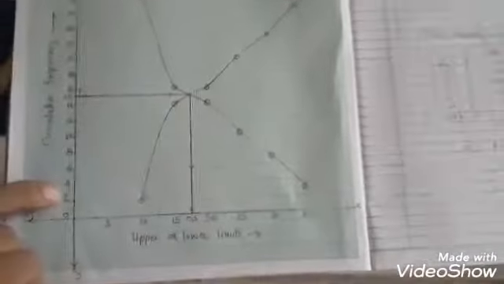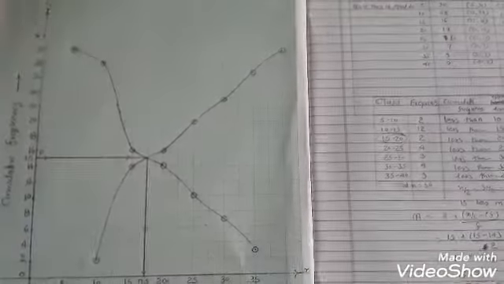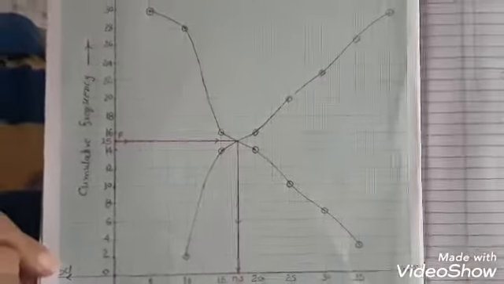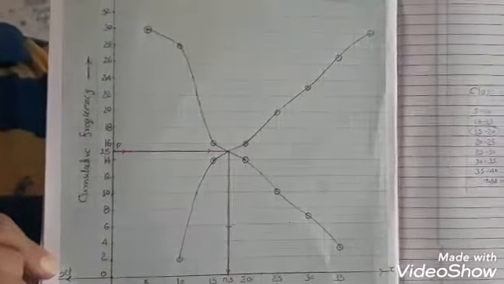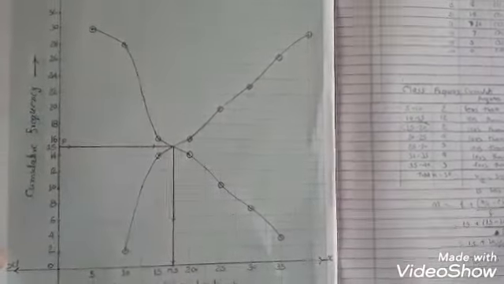I have drawn the exact graph here, so you will get this idea. On the x-axis I have taken 2 centimeters for 5 units, and on the y-axis 1 centimeter is equal to 2 units: 2, 4, 6, 8, like this. I have drawn all of this. Drawing on the board and drawing on exact graph paper will differ, so I have done it for you. Try to draw it yourself once again, then you will get the idea.